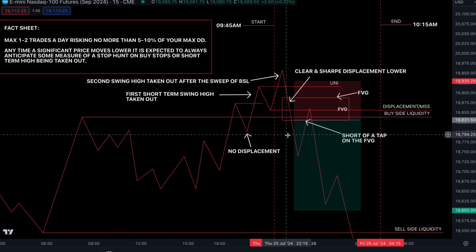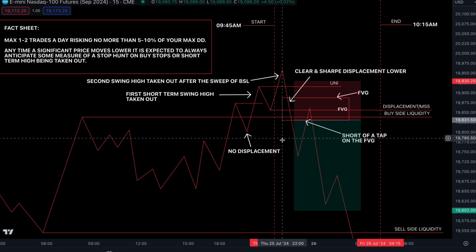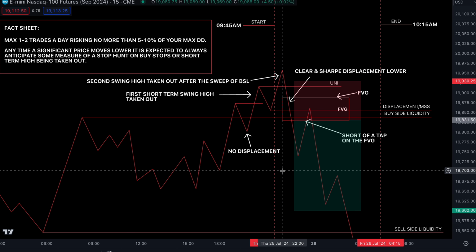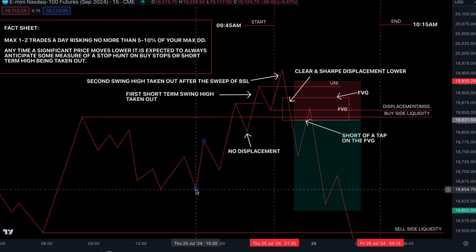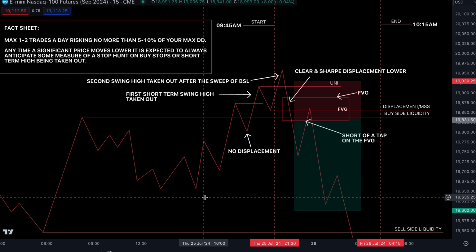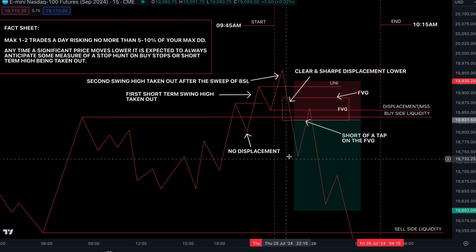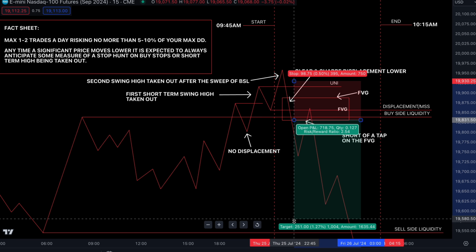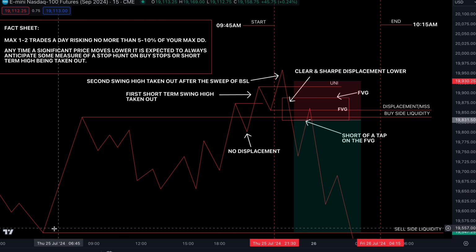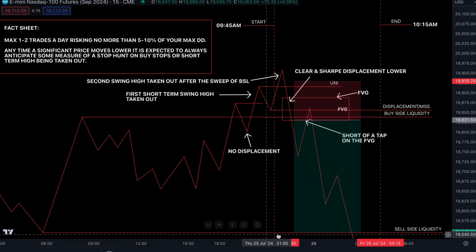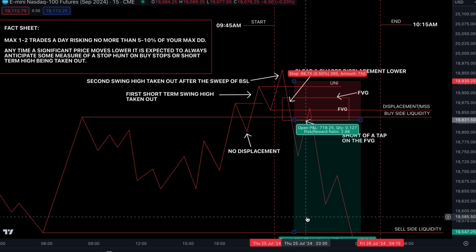Then first TP you'd run at 25 handles, second TP at around 50. In this case, in the trade we took today, we ran it at around 68 handles, which was a previous swing low. So this point here would be a valid point to put a second TP, as it is a pair of equal lows. You can see here we got equal lows. You'd run your second TP at this level, first TP at 25 handles, and final TP at the opposing liquidity. Let's just say, for example, this is London lows. Let's just say that for this example. Final TP at London lows.